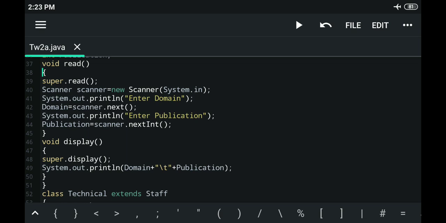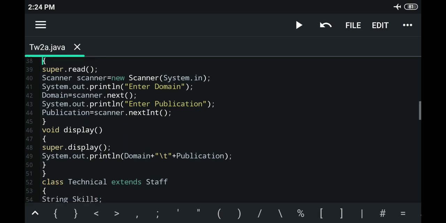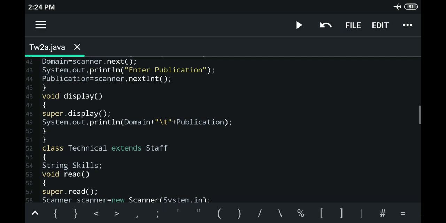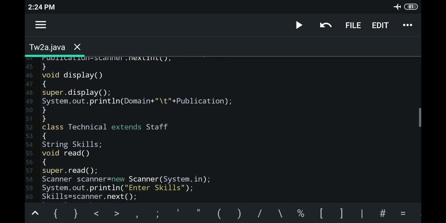Again we have defined an object scanner which is of the type Scanner to read the input values. In this particular read method we are asking the user to enter the domain. Domain is of the type string, so we make use of the next method. And then we ask the user to enter the publication. Again by making use of nextInt, because we are trying to collect the number of publications done by the staff. And then there is a display method.